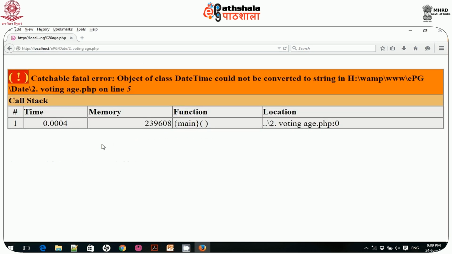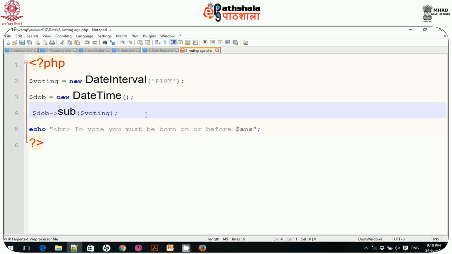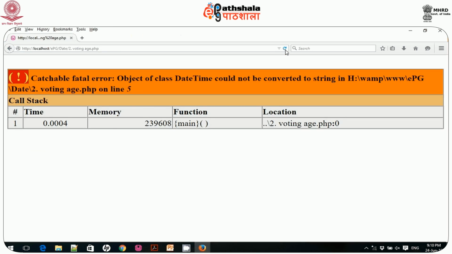So it says object of class cannot be converted to string on line 5. Okay, so I have to provide $answer. Let me directly write this one, dot and this. Save this one, execute this. Okay, it is not converted,